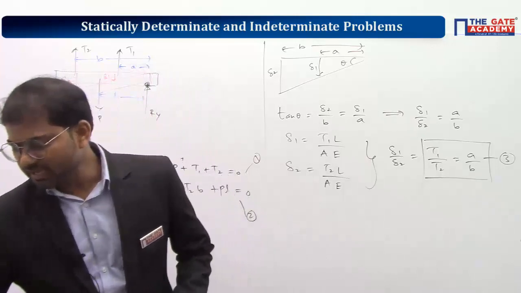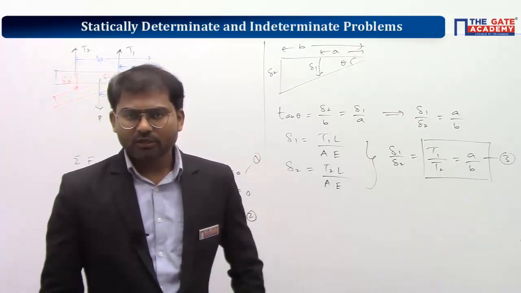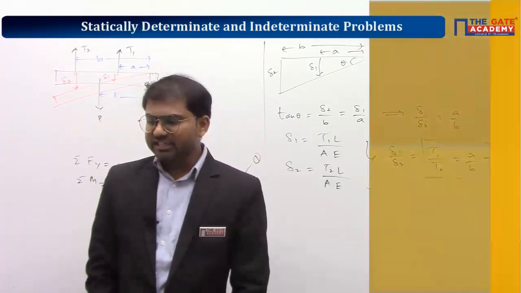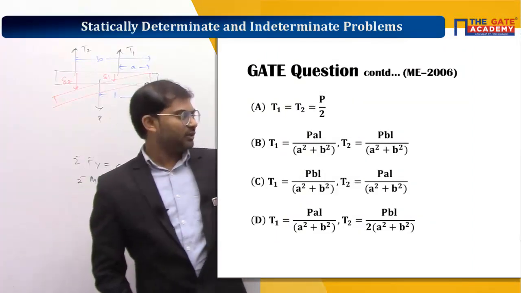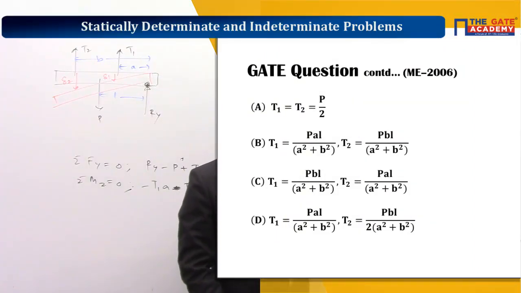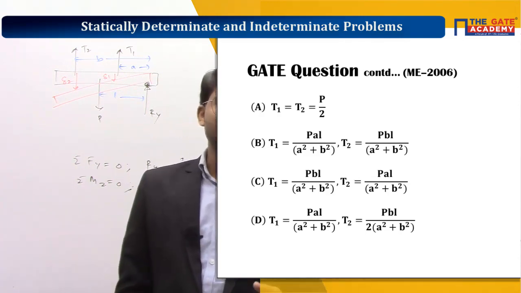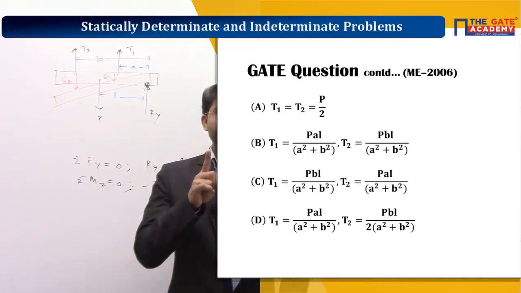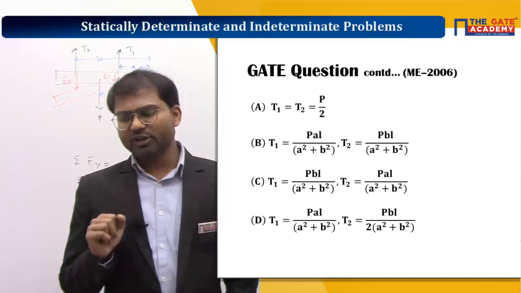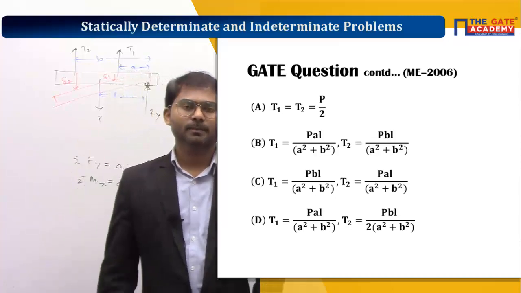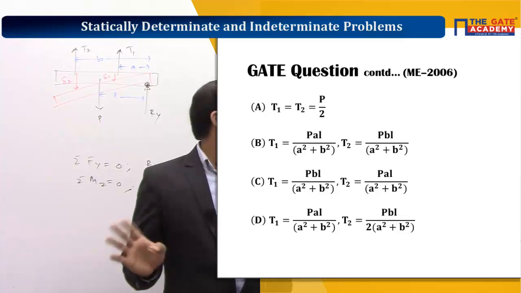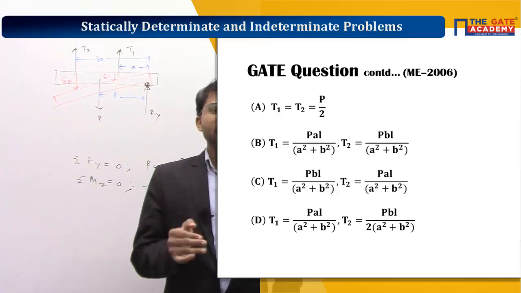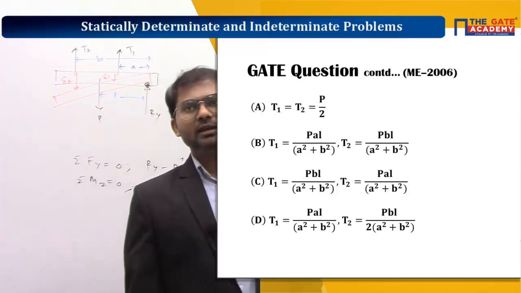But as this is a multiple choice question, you should not go directly with the conventional method. You should think a little bit smartly. If you see the options, T1, T2 values are given. According to this third equation, the T1, T2 ratio should be A by B. So that option which is having ratio as A by B is correct. So you can save time like that. If you see option A, T1, T2 ratio is equal to 1. Wrong option. Option B, T1 by T2 ratio is equal to A by B. So B is the correct answer. If we take options C and D, T1 by T2 is not equal to A by B. So C, D and A are not correct options. Option B is the only correct one.